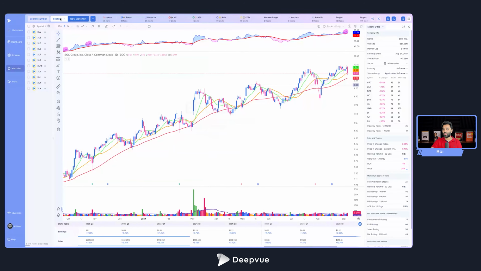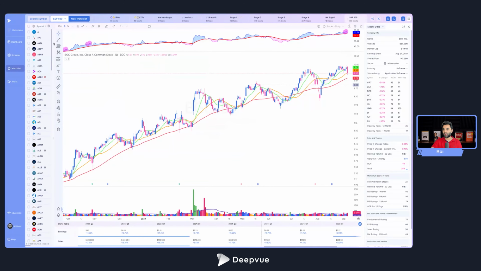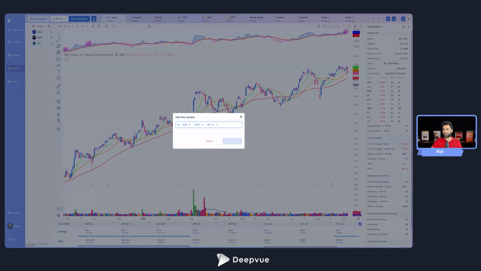Nothing changes there. And the only difference is adding something to a watch list. So for example, let's say I have my core watch list and my focus list. I load that and I want to add a symbol to it. How do you do that, right? So that is where this comes in. When you press this plus,